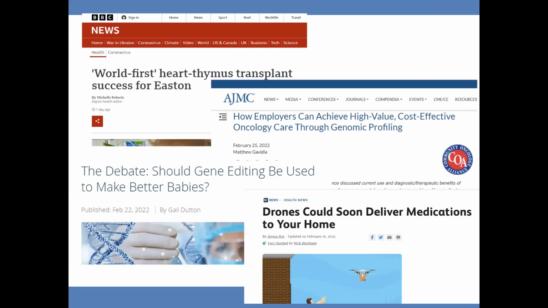So before I go into the technical details of how we're going to do health economic evaluation, let me begin with some examples just to motivate why we need health economic evaluation. So this slide shows you some of the latest technologies in the medical sector. So these range from the heart transplant to genomic sequencing to the use of gene editing and even the use of drone to deliver medicine and healthcare. So no doubt the technologies